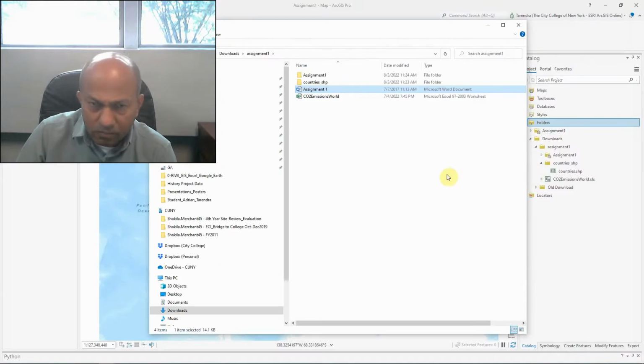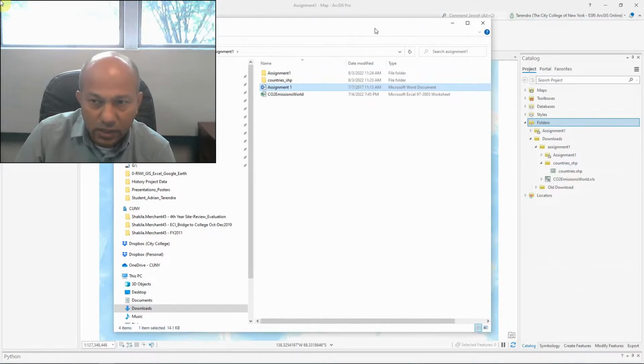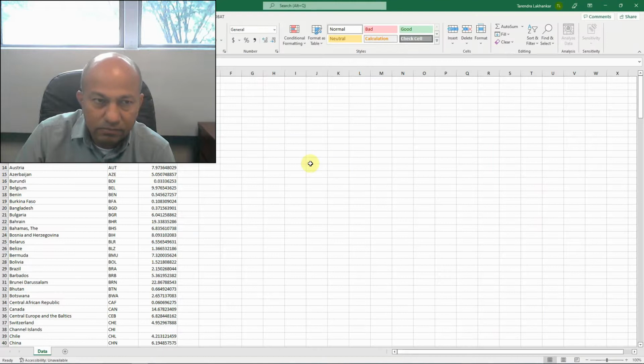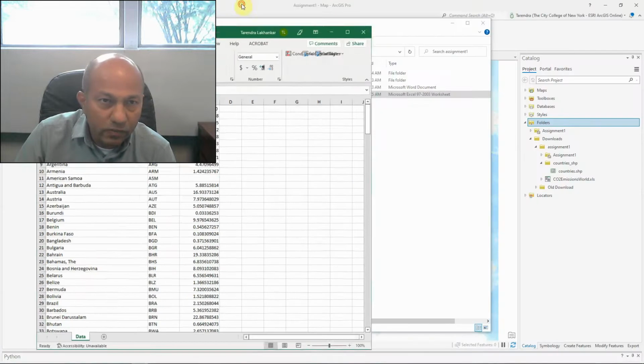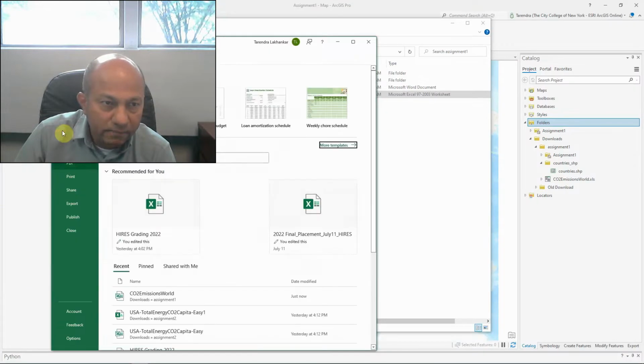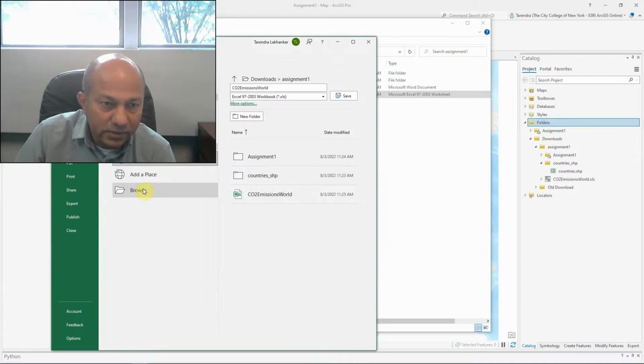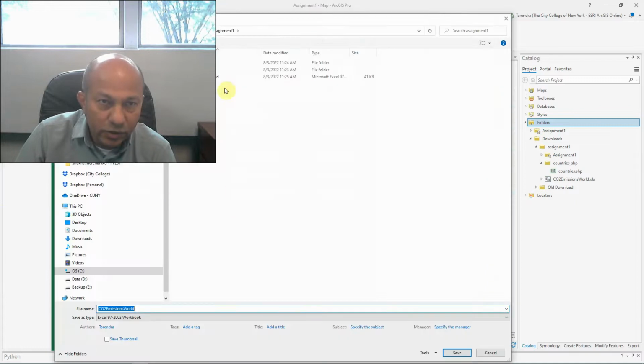So one of the problems is those having trouble opening the Excel file in the software. Let's save this file also as a CSV file. So open this file and go back to the smaller size file, save as, browse, and make sure you're saving this file in